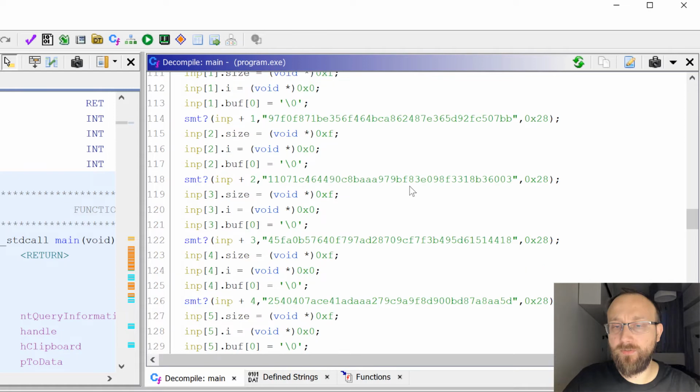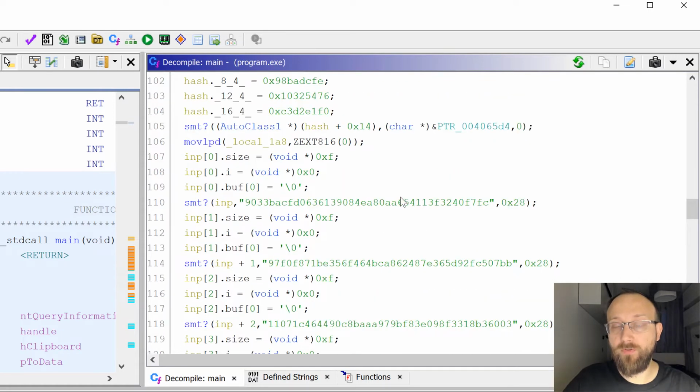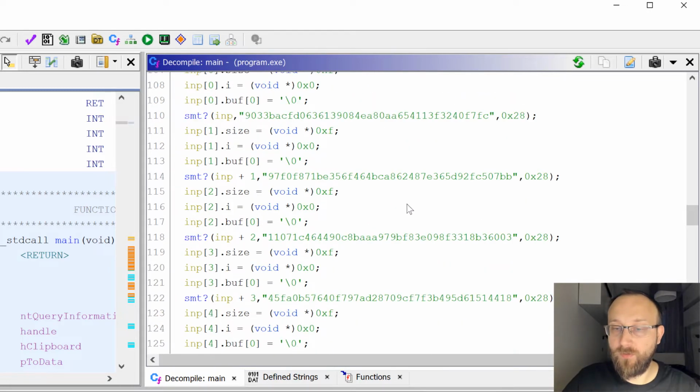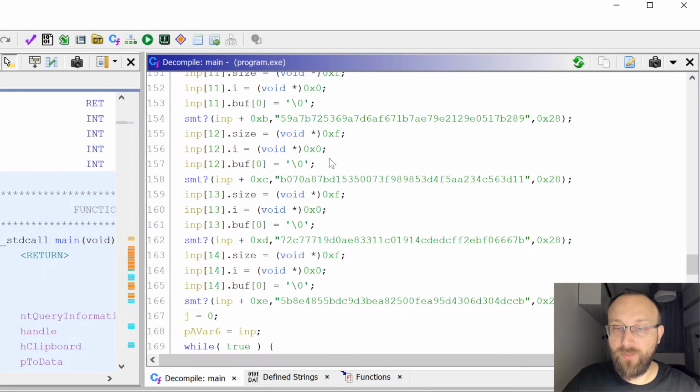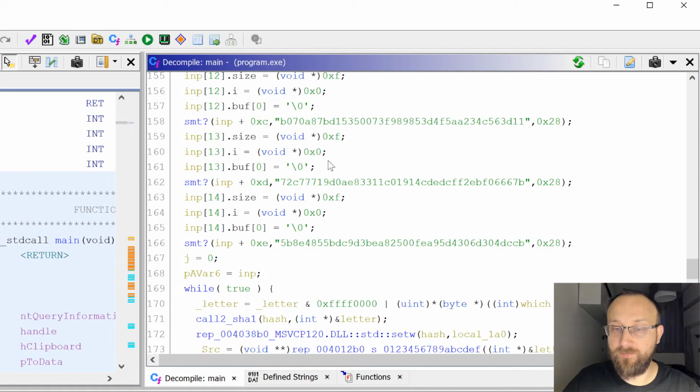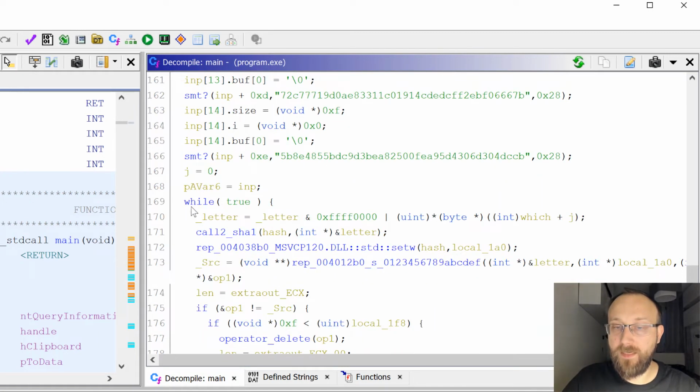But if we would try to check all the hashes for all the one character values, we wouldn't get anything interesting because it's not that easy that those values are hashes for each character. So we need to analyze it further. And if we go further beyond those hashes that are being defined here, we can see a while loop, and